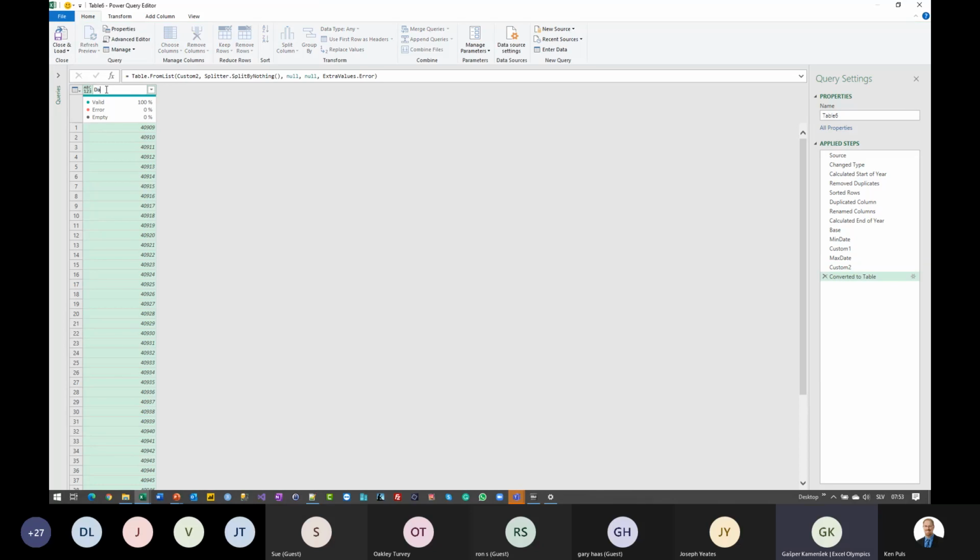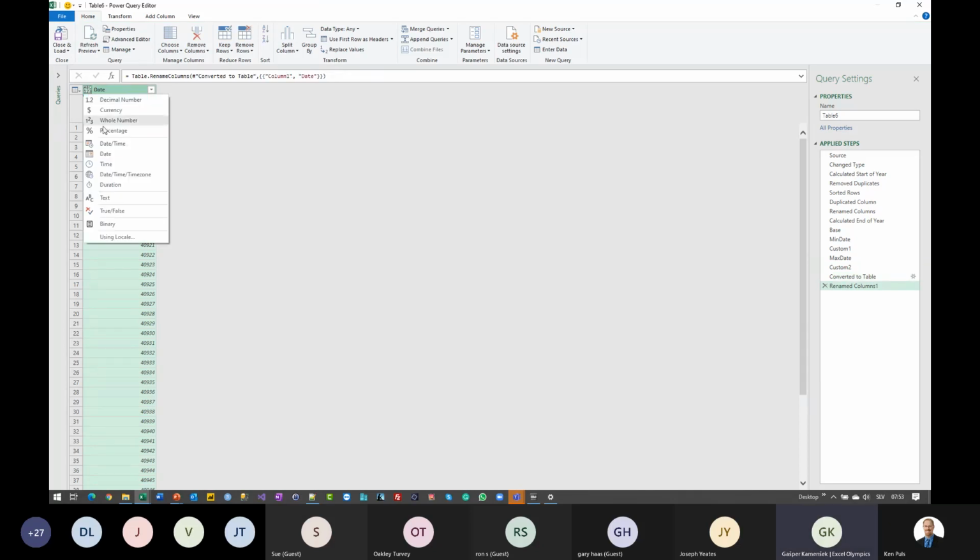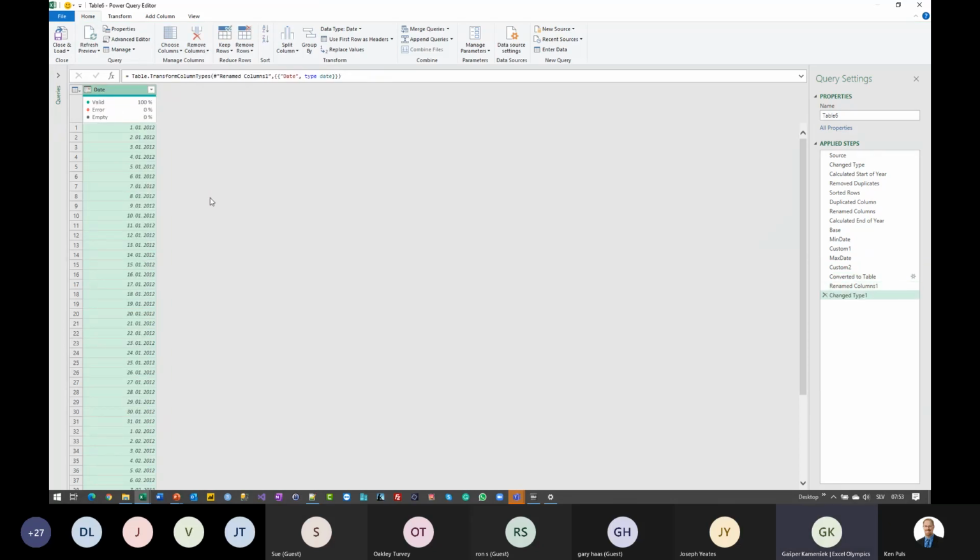So if I turn this into a table, I call it date, and then actually turn it into a date. This is exactly what I need, right? And this is the most basic example